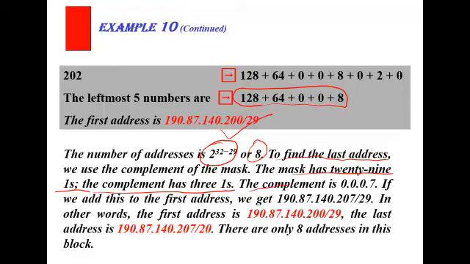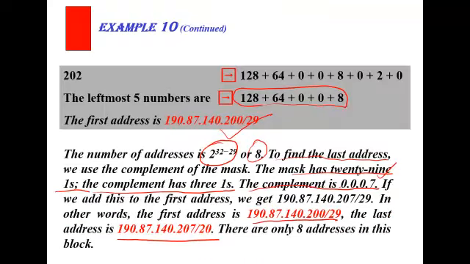So it will become 7, because 3 ones becomes 7 in decimal. So now add this particular 0.0.0.7 into your first address, which is this. So the final last address will be 190.87.140.207/29. Okay, so this is the method through which you can find out the